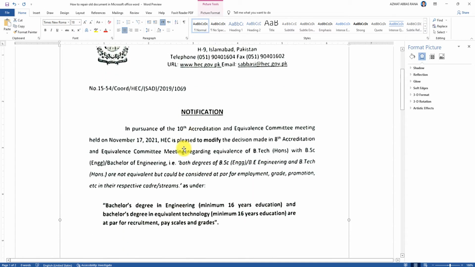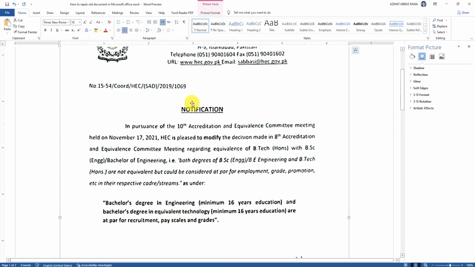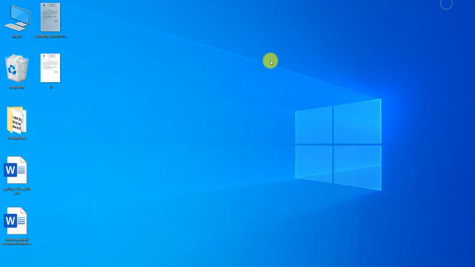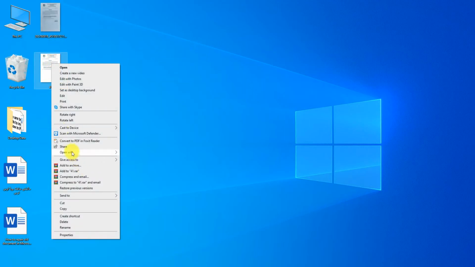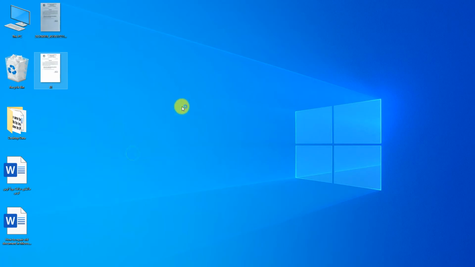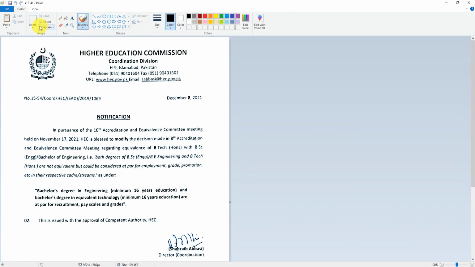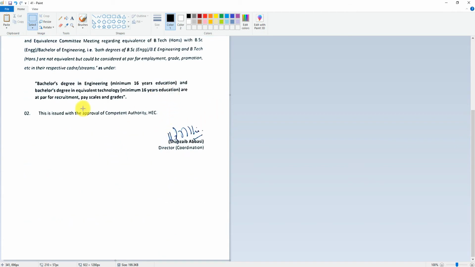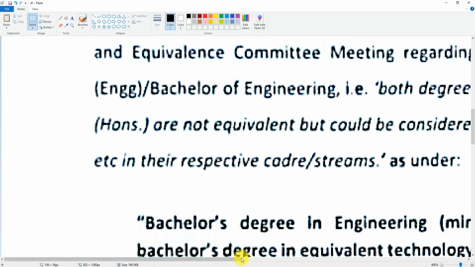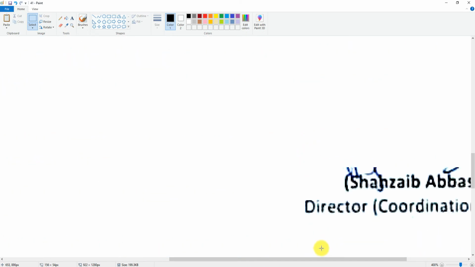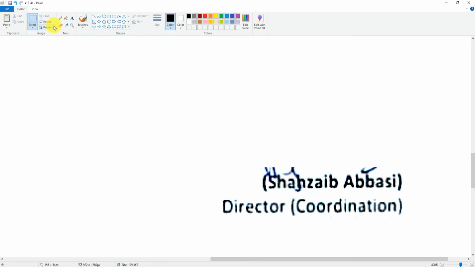We can also edit documents with Paint. First of all, select the picture and open with Paint. Here select Rectangular, click on the area and press Delete from the keyboard. Select this and press Delete. Select this, press Delete. If you want to repair this signature, then go to